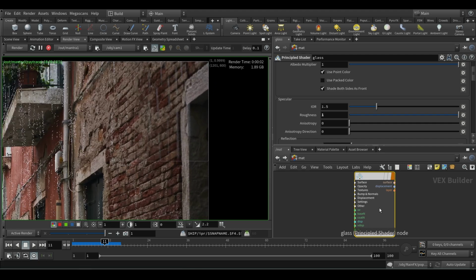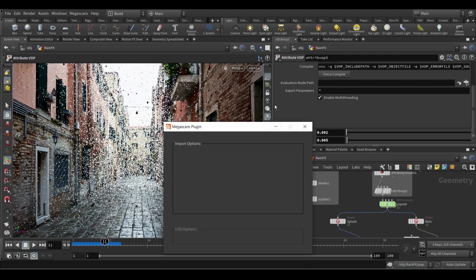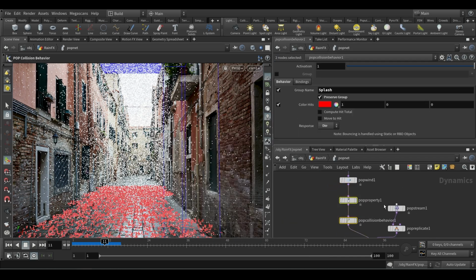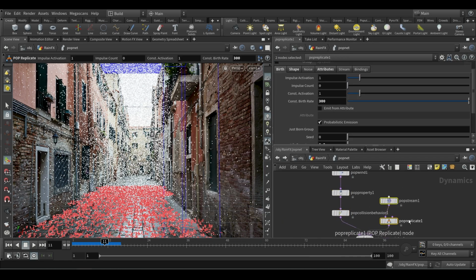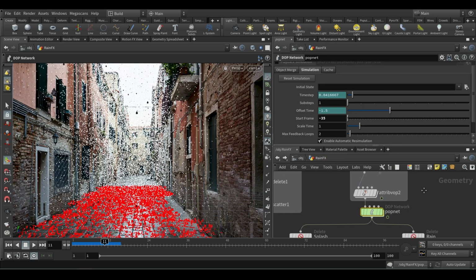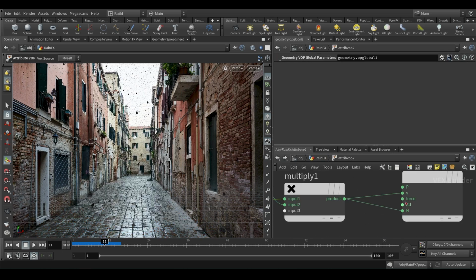That's what you see. So from the rain and snow project, I hope you probably learned how to get assets from Megascans, how to play with the inbuilt tools like replicate, pop collision behavior, pop property, etc. And most importantly, you now have a hand on how to bring force or velocity from both dynamic and geometry level.